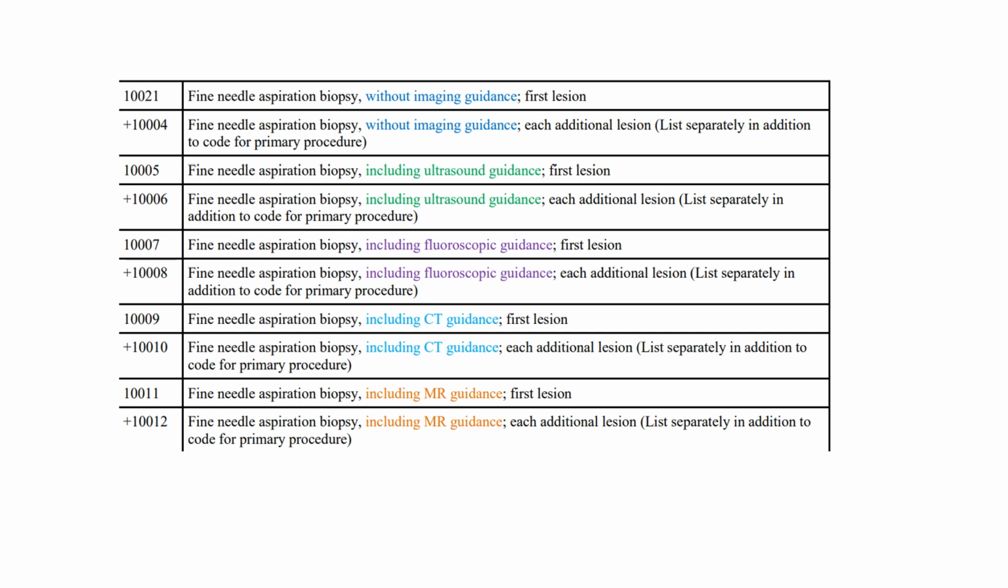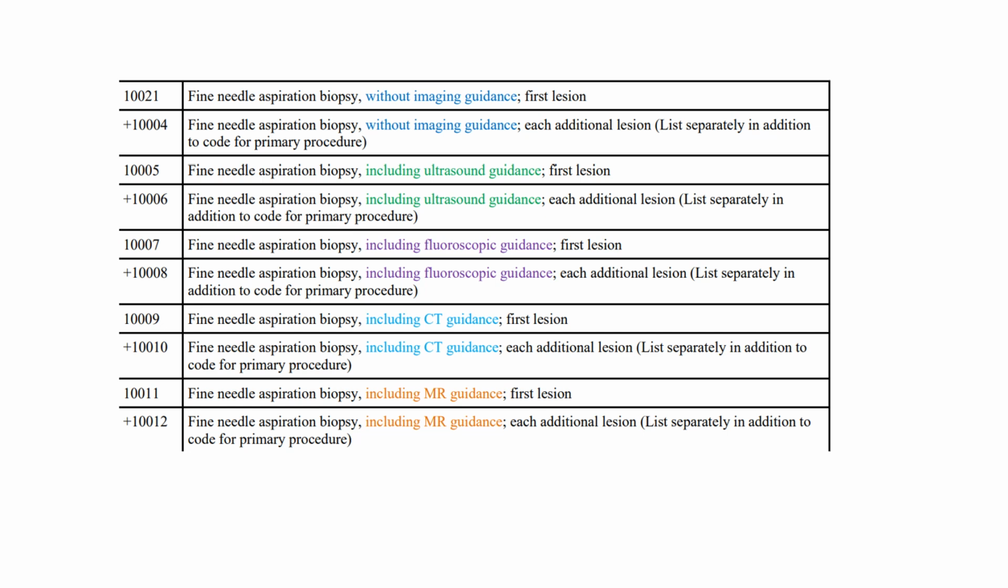So that is the code 10021. And for the additional lesion, so there should be two lesions. By seeing the code 10004, they can understand another lesion was biopsied. Okay, so what is 10005? Fine needle aspiration biopsy including ultrasound guidance, first lesion, plus 10006, fine needle aspiration biopsy including ultrasound